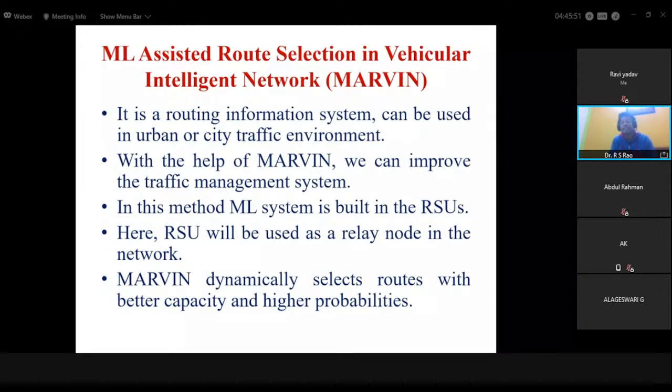Vehicle informations, whatever the vehicles are there in the network, their information can be collected with the help of machine learning concepts. Here, RSU, where the machine learning system is inbuilt, will be used as a forwarding node, or you can say relay node in the network. In this method, we predict the change of vehicle density through a machine learning system, and extend this prediction of vehicular movement on each road section, on each